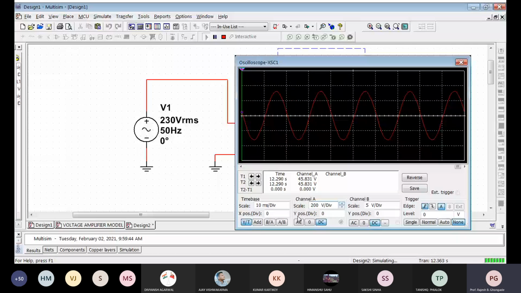Now, in order to have a stable waveform, first of all, you have to shift it to DC. Remember, this part is also very important. The coupling, this is called a coupling. So AC coupling, ground. If I click on ground, you will not get any signal. If I click on AC or DC, it's fine here because there is no DC content here. AC is fine. Now suppose I want to stabilize this waveform.